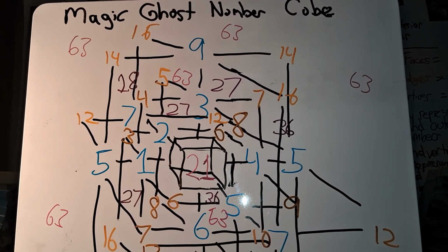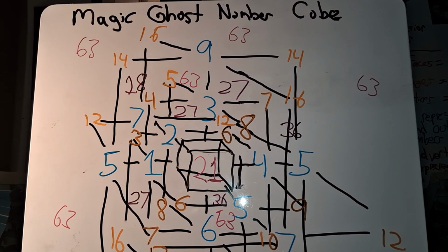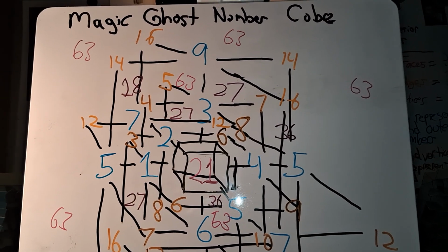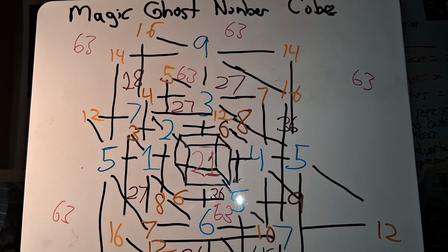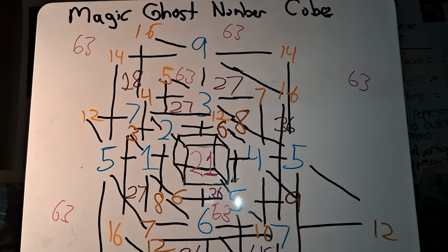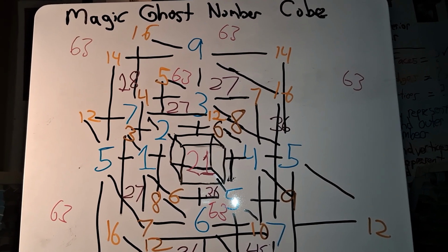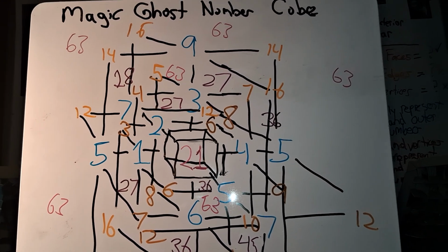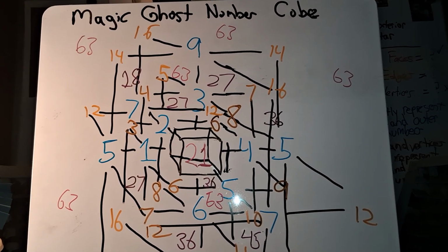First of all, the reason I decided to title this video Magic Hybrid Number Polyhedra is because not only does a hybrid number correspond to cubes, or is found in the cube form, but they also reach out to higher polyhedra, like the dodecahedron and icosahedron and other things like that. Second thing is that I know this magic ghost number cube doesn't look as good as it could be,